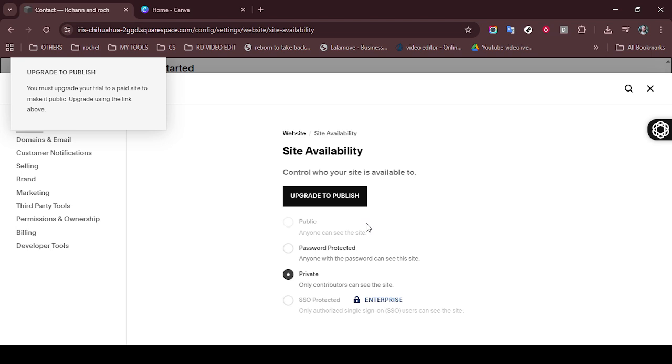It's important to remember that any changes you make won't be visible to your site visitors until you take this step. Once saved, your Canva design is